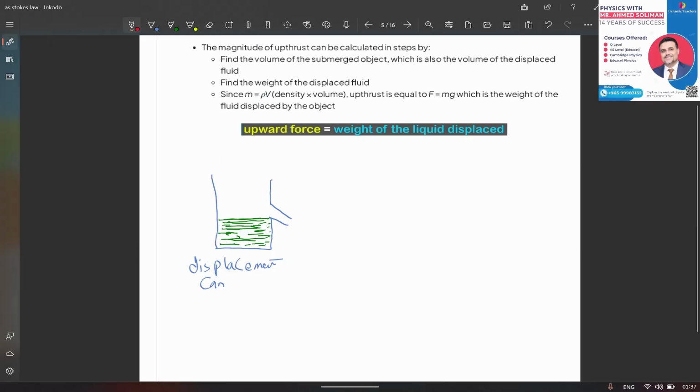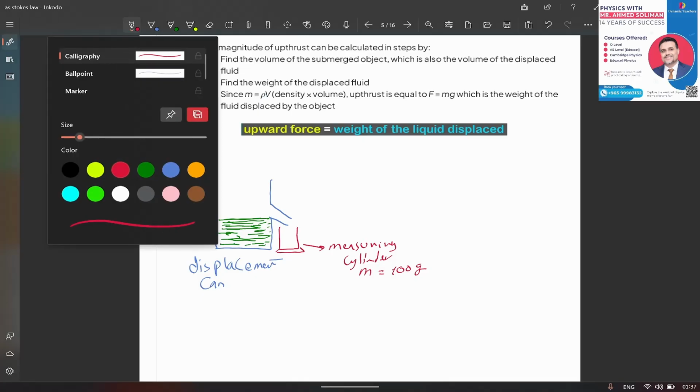a measuring cylinder. Okay, here. So this is the measuring cylinder, and we know the mass of the measuring cylinder, a known mass. For example, it has a 100-gram mass. Now, if we need to know what is the upthrust force affecting an object,